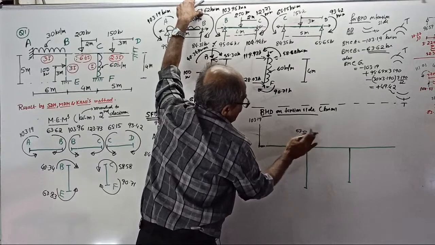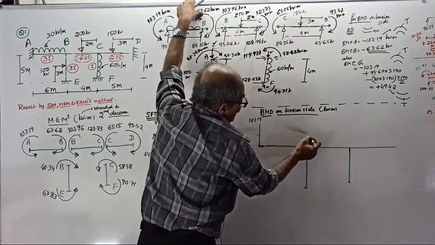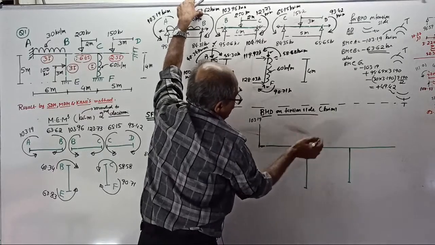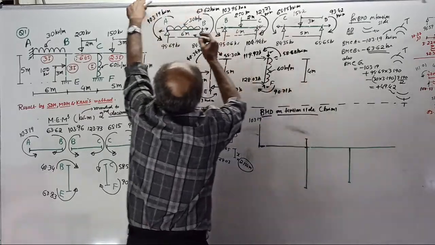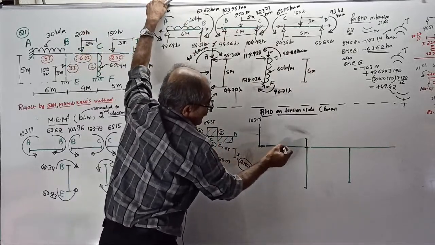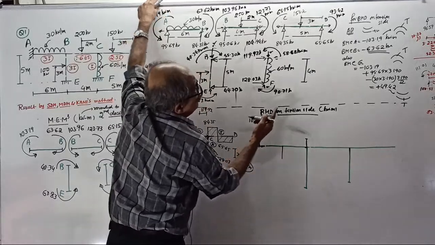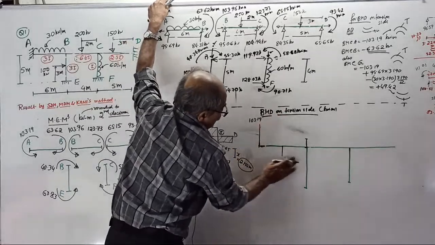63.62 is this ordinate. I will put it later. See, this is 63.62. I will write it later because overlapping is there. And at how much distance? At 3.190 meter, it is the bottom tension, the answer you told just now, 49.42. Okay. See, this is